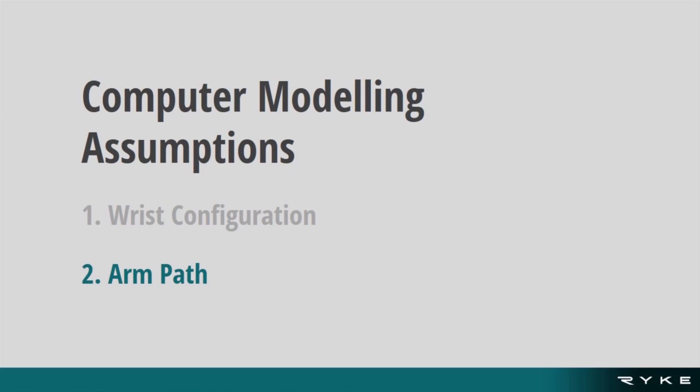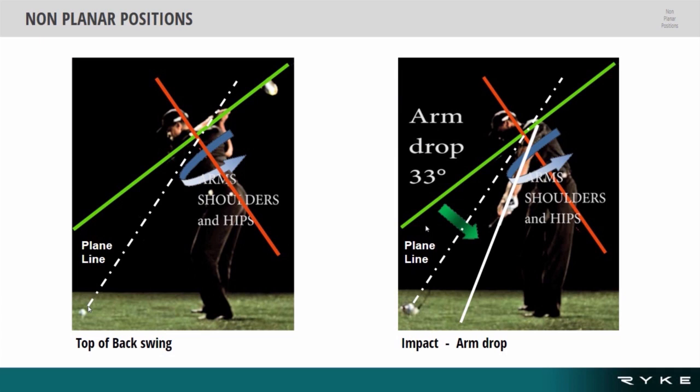The second assumption was the path the arm takes during the downswing. Top of the backswing is a very important position. We must remember that we're solving differential equations, and the initial conditions of differential equations are very important. This position shows that Tiger has his arm and club positioned at right angles to the spine. It's not pointing at the ball, which we would expect if the arm and club were to follow a plane